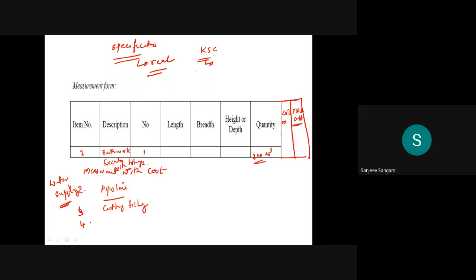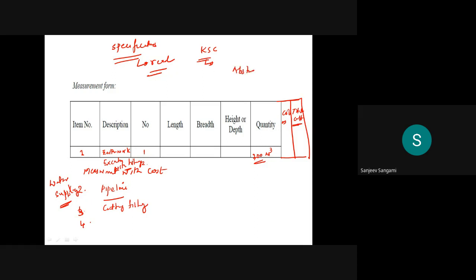Then fittings, valve connections, all those things will be there. That will come under the item numbers. So here, detailed descriptions will be there in the measurement form. But whenever you are writing all these things in the